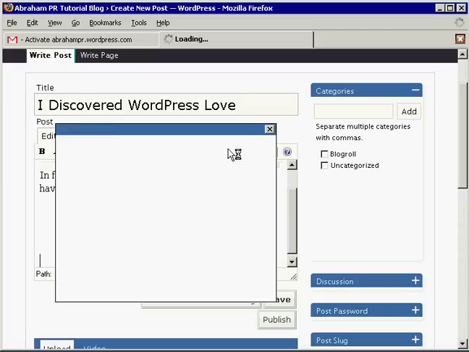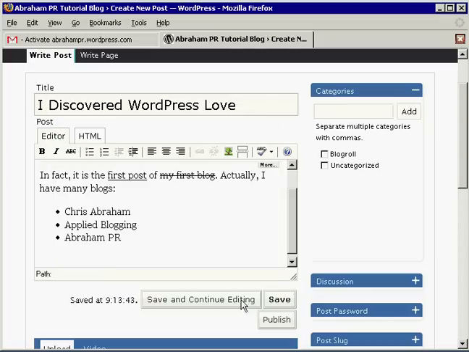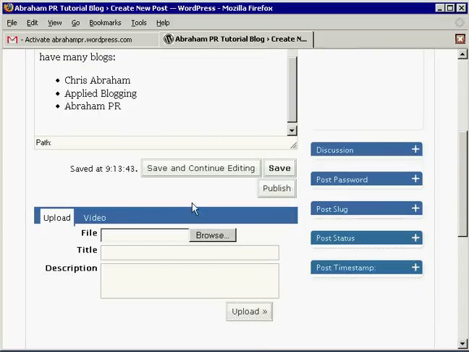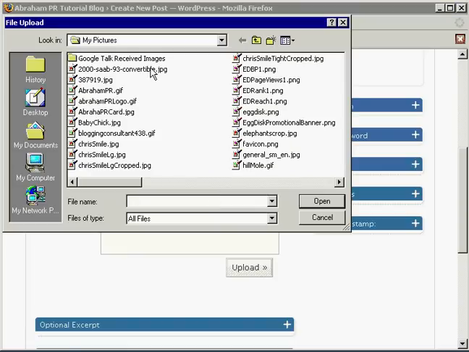I can insert an image, so I will insert an image. I can upload an image, actually. Sorry, this is a different tool here. In order to insert an image, I need to upload an image. So if you scroll down, it's different from Blogger. You don't just upload it here. You can browse my pictures,